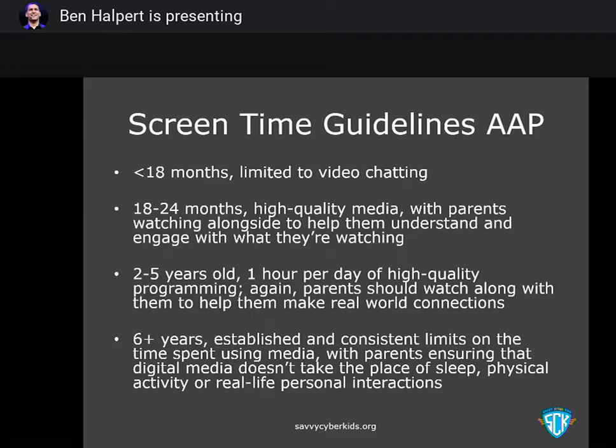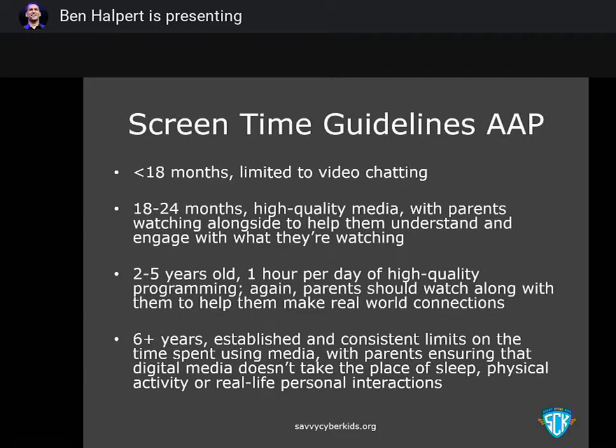or younger, except if they are using things like Google Hangouts or FaceTime to communicate with a relative that might not live nearby. Just watching facial expressions, just communicating that way. That's it. So none of what we see when we're out and about in stores or out in restaurants where people plop a tablet or a phone right in front of their little one just to keep them quiet.